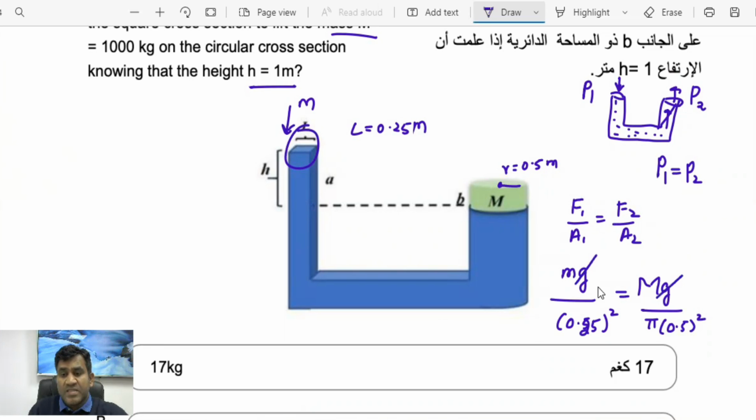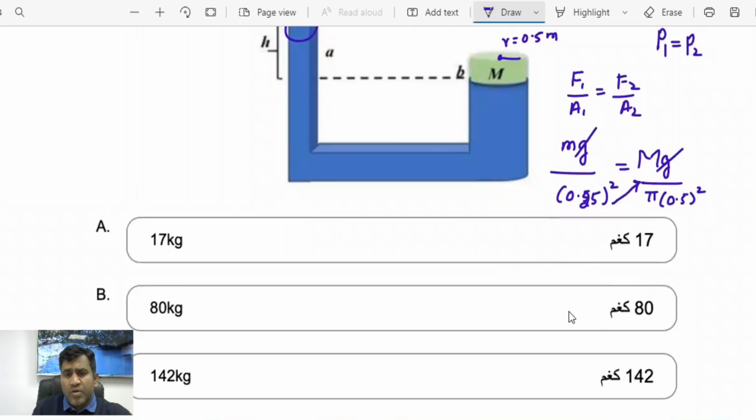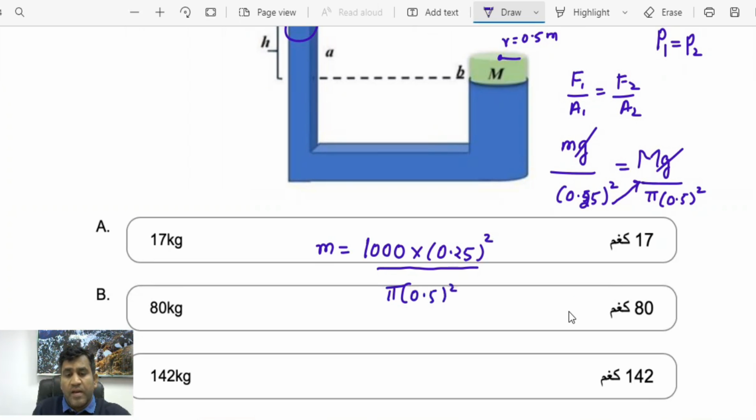So let's solve for this. G and G will get cancelled out. We are interested in solving for M. How do you do that? Simply a cross multiplication. Take this area to the other side. It's finally a calculator part. So let me write it over here. M is equal to 1000 times 0.25 squared divided by pi times 0.5 squared. If you write this as it is in your calculator, you'll get the answer here as